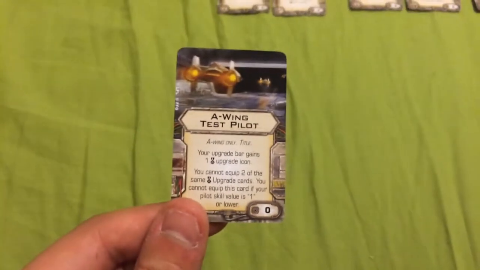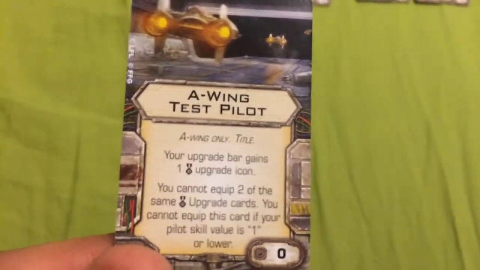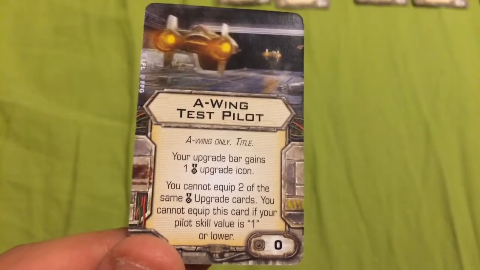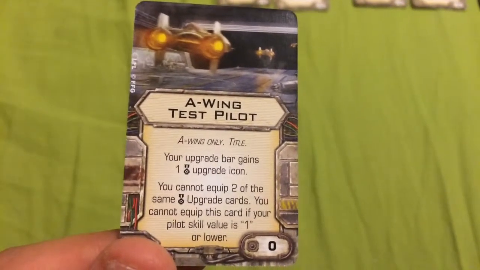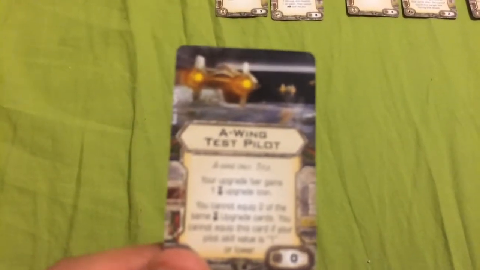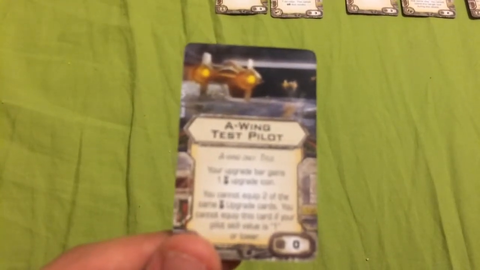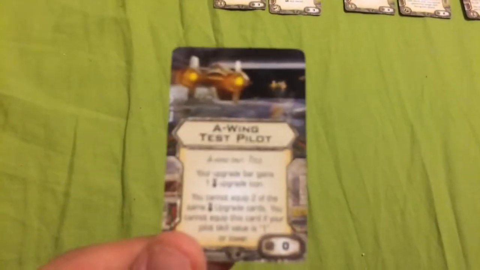Now for his first upgrade, I've chosen the title card, A-Wing Test Pilot. It's a title card exclusive only to the A-Wing, and it states, your upgrade bar gains 1 elite pilot skill upgrade icon. You cannot equip 2 of the same elite pilot upgrade cards, and you cannot equip this card if your pilot skill value is 1 or lower. So for a cost of 0, I'm able to have Tycho take on 1 extra elite pilot skill, provided that it's a different one from his previous elite pilot skill. So I can't have 2 Outmaneuvers. I can have an Outmaneuver and a Predator, but I can't have 2 Outmaneuvers, which is fine,